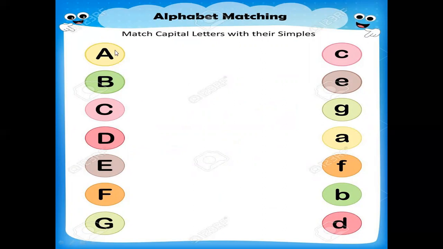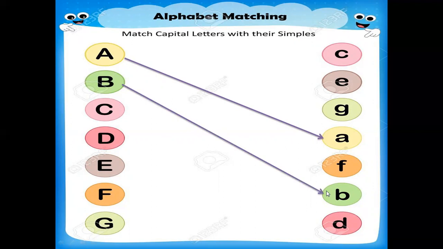Now we are going to match the capital letter with the small one, okay? The uppercase letter you will match with the lowercase letter. Understand? So where is A? Find out A. Where is A? This one is A? No, this one is A. Well done. Our next letter is B. So where is B? This one is B, small letter B.